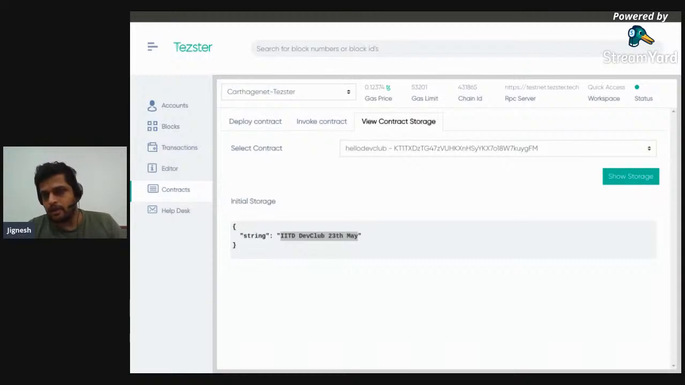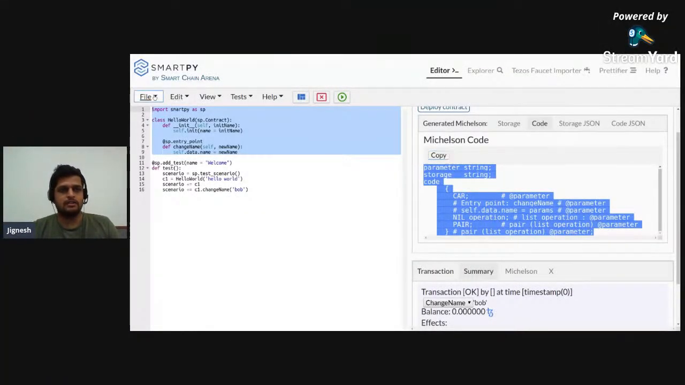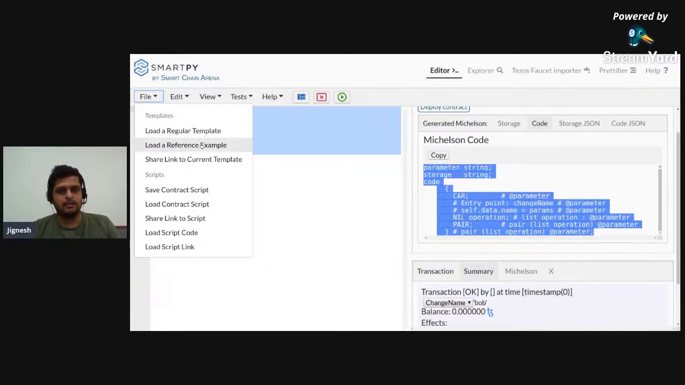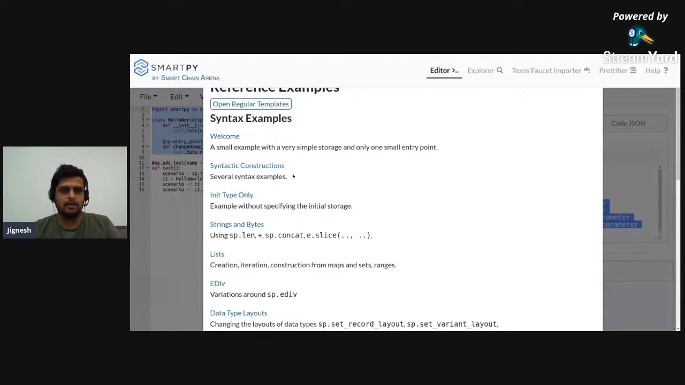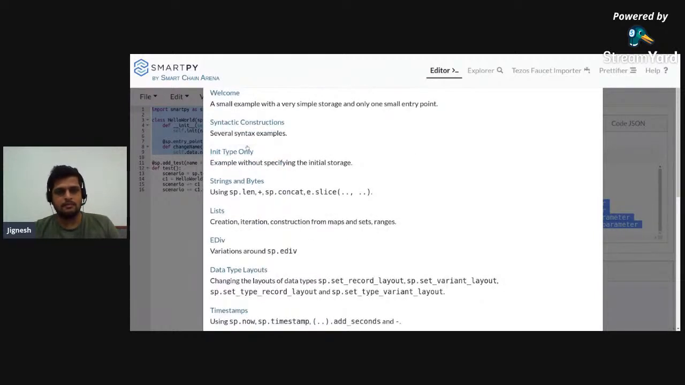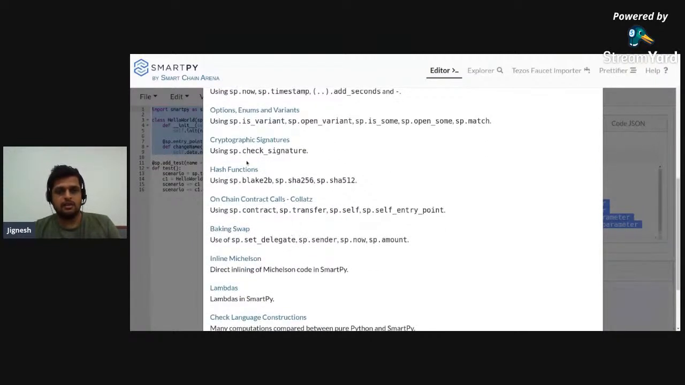Yeah. So we have successfully developed and deployed our smart contract. Going back to our IDE, there are different templates on the IDE window. If you click on file and select reference template, you can see that it has a welcome smart contract, then different data types, int types, string and bytes, list, timestamps, then cryptographic